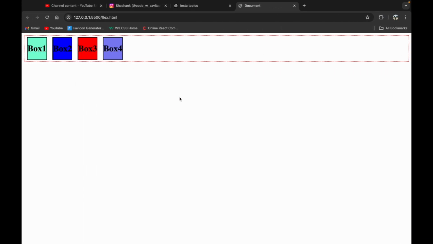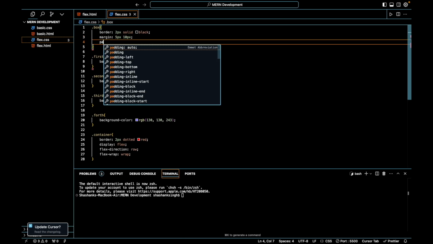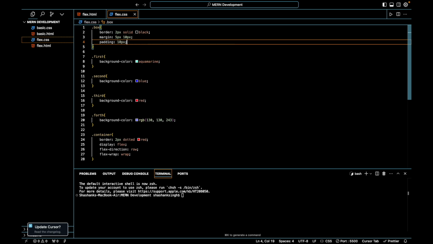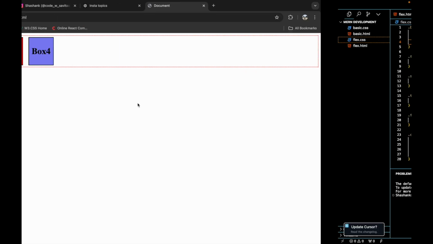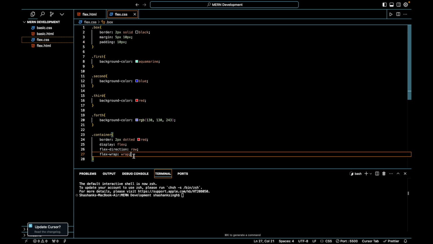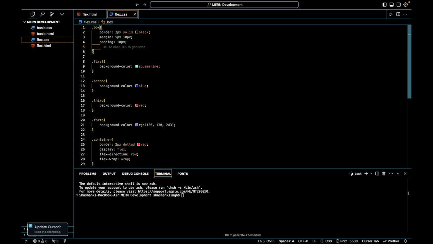So you can see that there is a gap, and I will give a padding also of 10 pixel from both the sides. Now even though we know that it is not spreading all across the block, what we have seen is that it is separated. Flex wrap, basically what it does is, what if I just justify the content